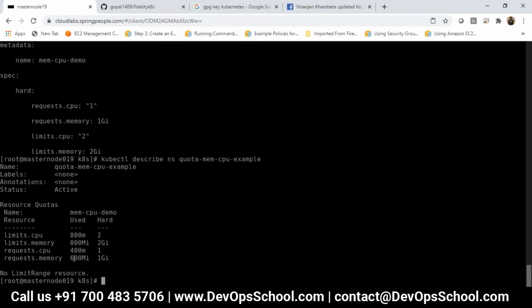The simplest term is I have a namespace. In that namespace, I can have 100 containers, but none of the containers can use more than 1 core processor and 1 GB of RAM. Not only that, while deploying the pod also, I have defined that my pod should all the time use this much memory or RAM. That also I have defined using the pod. In the pod, I have defined the resource.